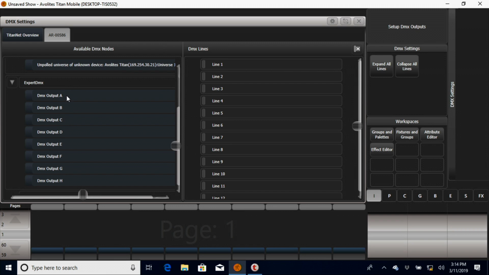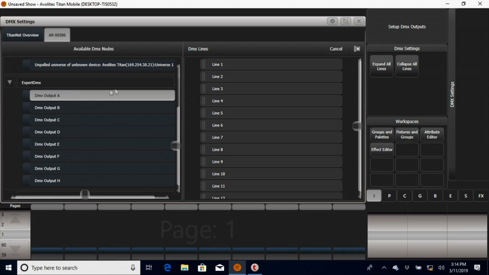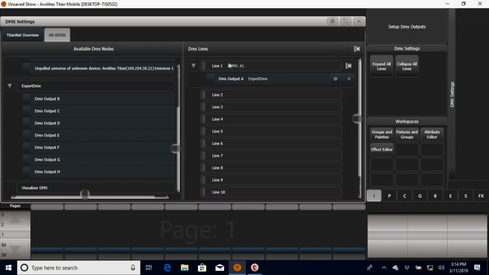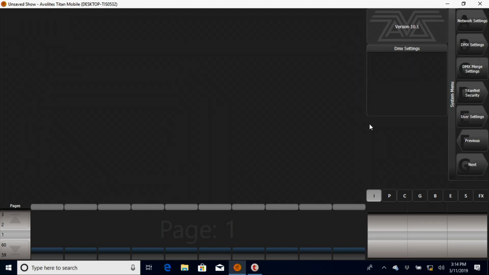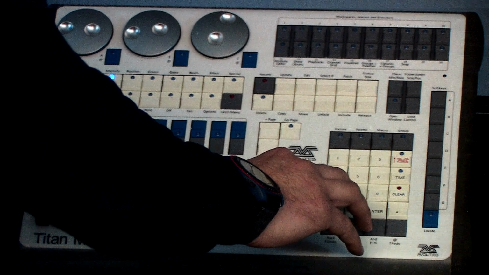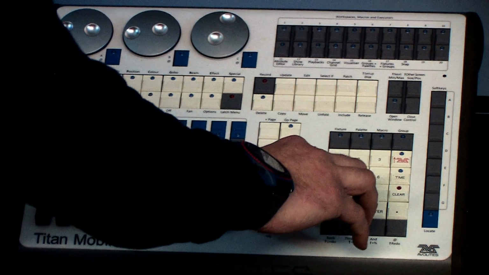just going to patch one universe for now, so we'll go to DMX output A to line 1, and that should be all we have to do for patching each of these. You can patch them to wherever they need to go, but for the Titan Mobile you'll only have 4 lines that you can patch through Expert DMX, but since we have our arena hooked up too, you've still got 4 more. So we're going to exit out of that, and going back to the console,